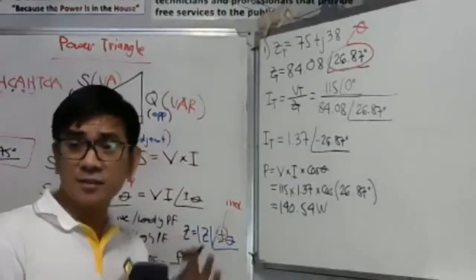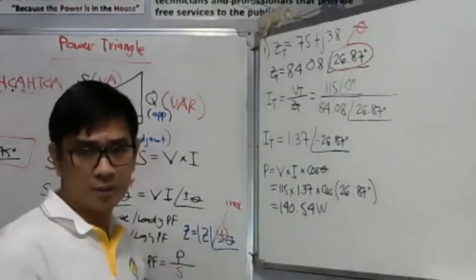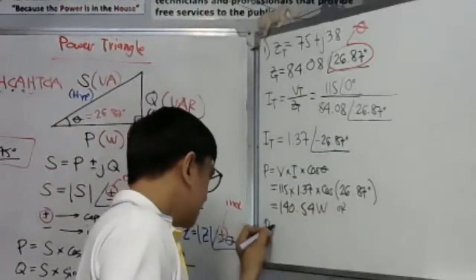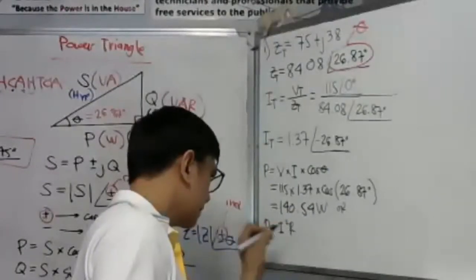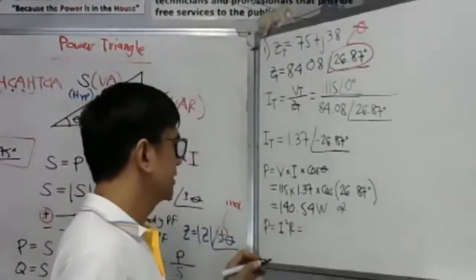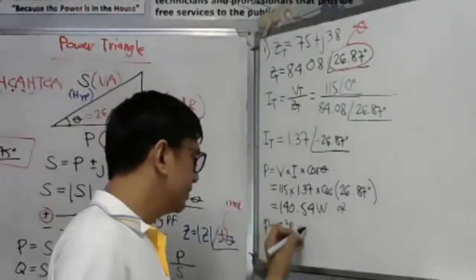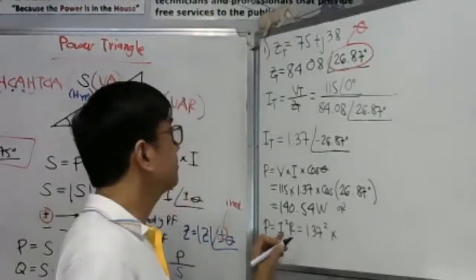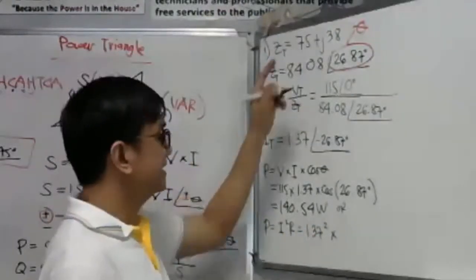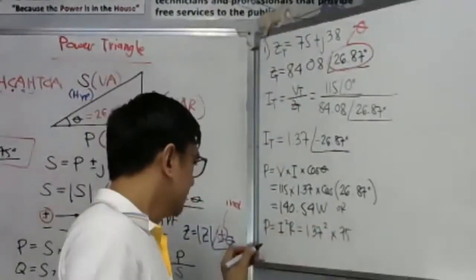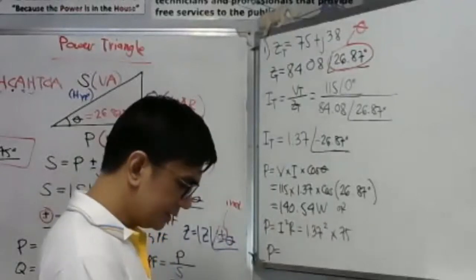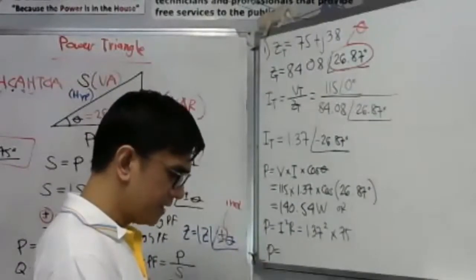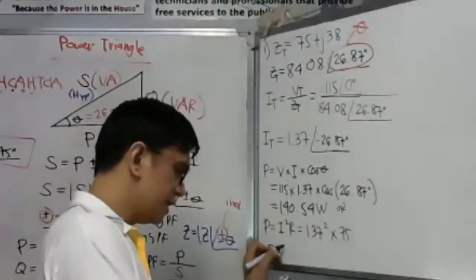Now, there is the other way of solving our real power. Our power is equal to I squared R. Please take note of this. What is our current? 1.37, that should be squared. Then multiply by the resistance, this is the resistance, the 75. So therefore, our power here is 1.37 squared, then times 75 equals. So the answer would be